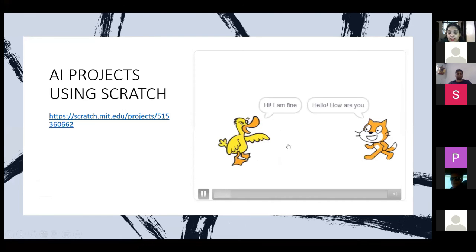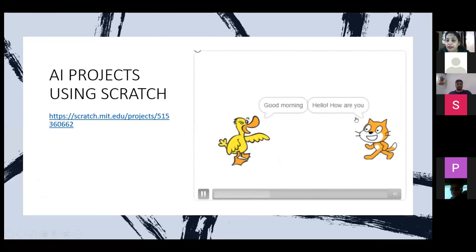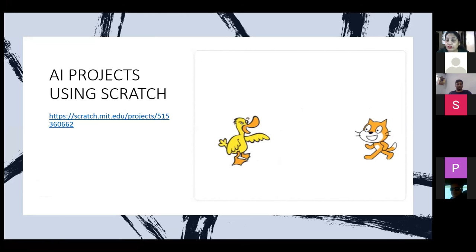So here actually I am using the translate feature as well as speech to text. Bonjour. See, it is saying good morning, bonjour. Bonjour means whatever is written, it actually got translated into French. So 2 AI features are being used in this project, and it is very simple. I have sent the link of this project in your chat window. From there you can copy and download it.